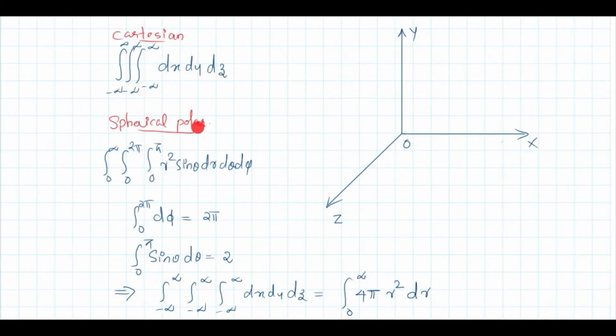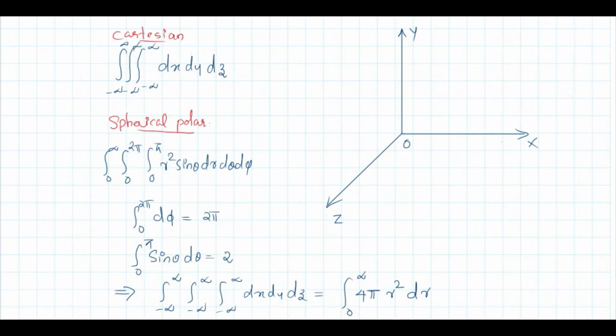In spherical polar coordinates, the coordinates are the distance from origin, that is r, the polar angle theta and azimuthal angle phi. The volume element in spherical polar coordinates is r square sine theta dr d theta d phi. To cover the entire space, the limits should be, for r, 0 to infinity, for theta, 0 to pi, for phi, 0 to 2 pi. You can do the integrals of theta and phi. Integral 0 to 2 pi d phi is 2 pi. Integral 0 to pi sine theta d theta is 2. So that will give you a factor of 4 pi.